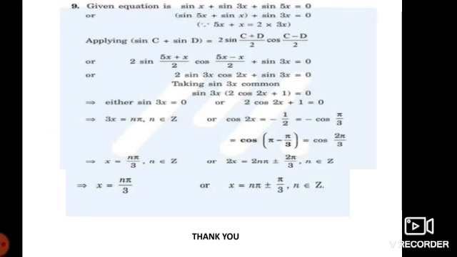Now the last sum, the equation is sin x plus sin 3x plus sin 5x equal to 0. Group the terms, apply the formula. Now sin 5x plus sin x plus sin 3x equal to 0. What is sin a plus sin b? It is 2 sin of (a plus b) by 2 cos of (a minus b) by 2. Apply the formula, we will get it as 2 sin 3x cos 2x plus sin 3x. See, sometimes we have to group the terms because we have to take the common terms outside. For that only we are grouping the terms as such.